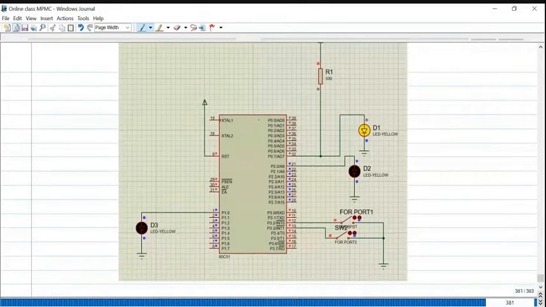This is our microcontroller, the 80C51 microcontroller. It's almost similar to the 8051 microcontroller. So external interrupt: port 3.2 and port 3.3, these two pins are external interrupts, INT0 and INT1, external interrupt 0 and external interrupt 1.